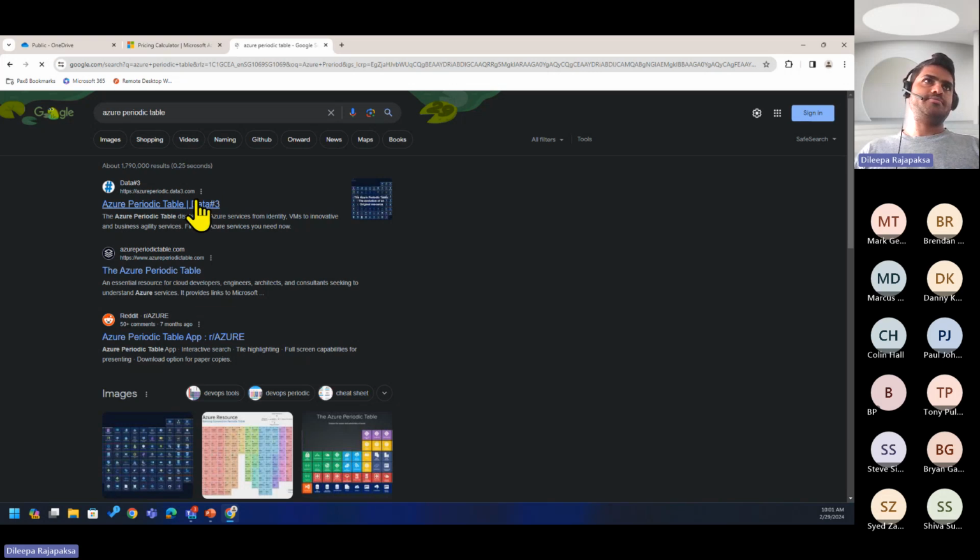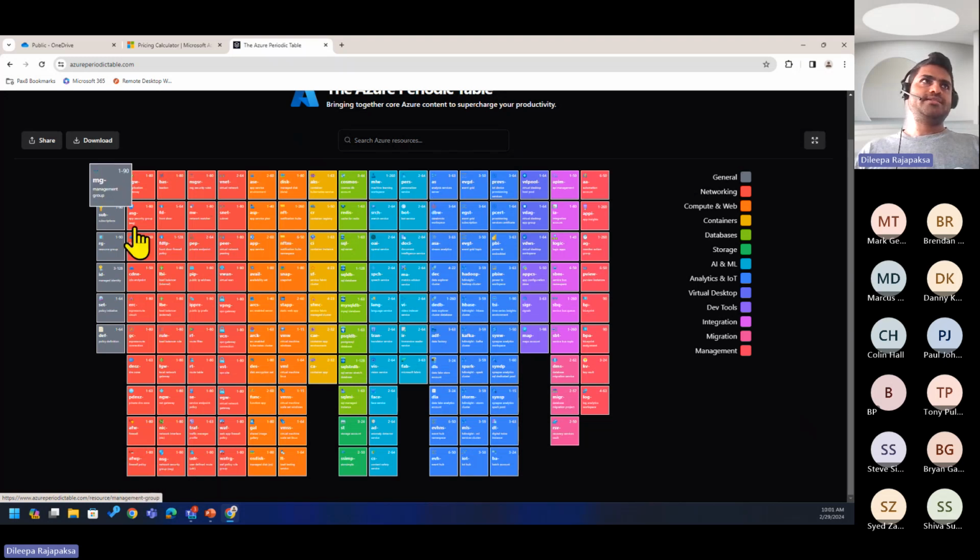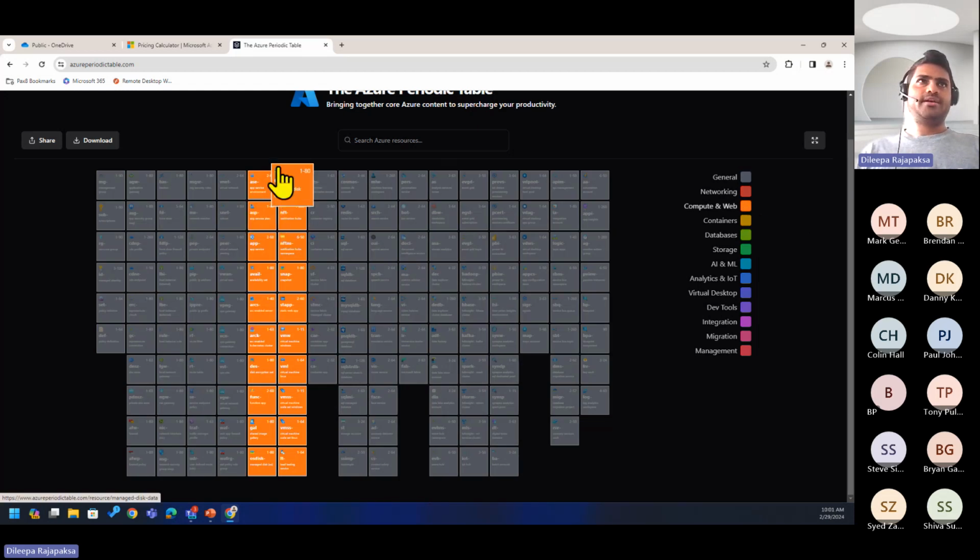Okay, so there's this website I'm gonna share with you called the Azure periodic table. As you can see, this is called the periodic table. You can see all the services: general, networking, compute, web. Let's say if you want to go for compute and web, then you can see there's tons of compute and web